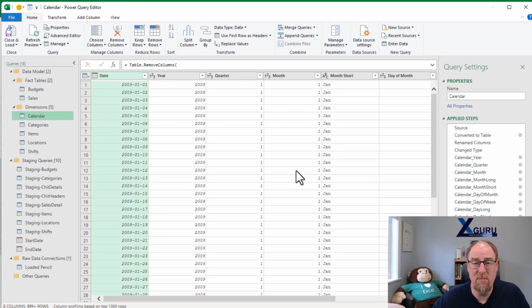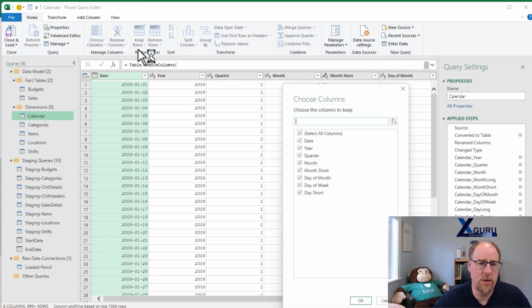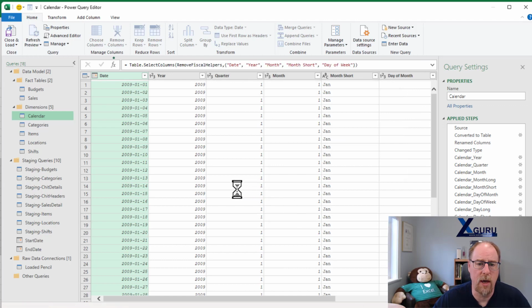And now what I'm basically going to do is on my calendar table, I'm going to go to Choose Columns. And from the Choose Columns list that comes up, I'm going to uncheck the ones that I don't need. So I don't need day of month, I don't need day short, and I don't need quarter. None of those are being used in the data model. So I can say OK, and that will add a new removed other column step, which will remove those from